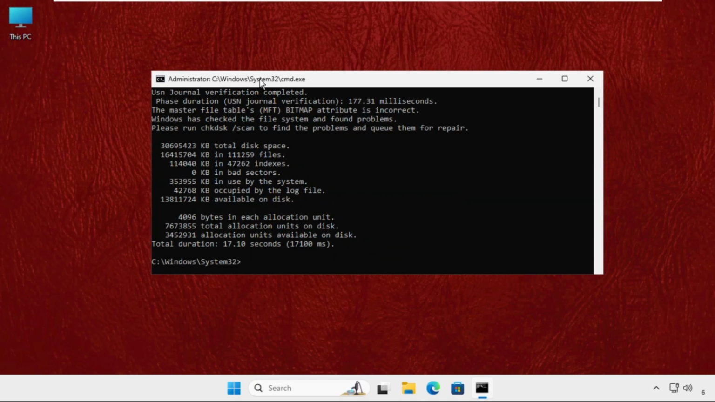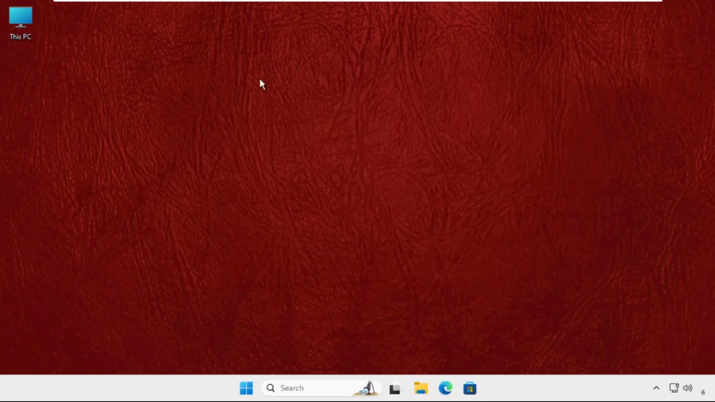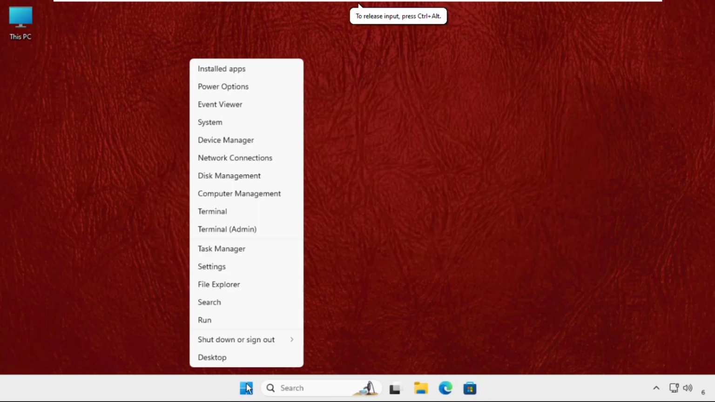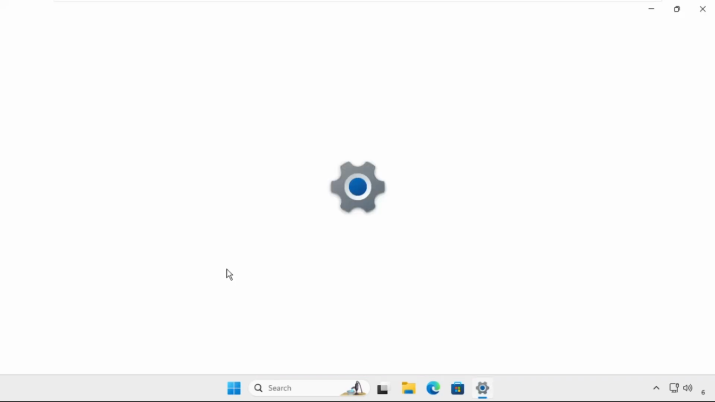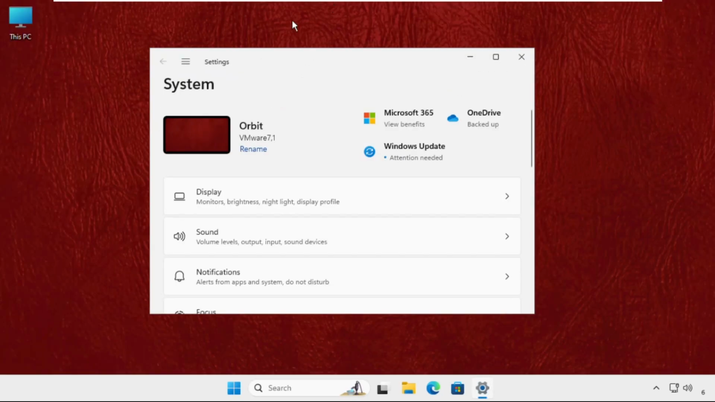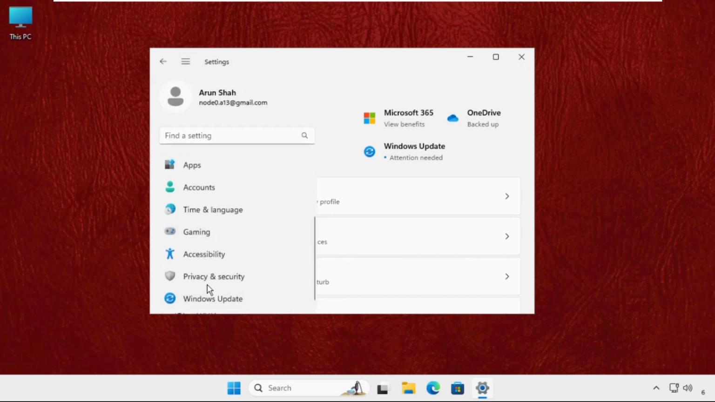Once the command is completed, you have to type exit to close the command prompt. Type exit and hit enter. Now right click on the start icon and then select settings. Once we're here, click on these three lines and go to the privacy and